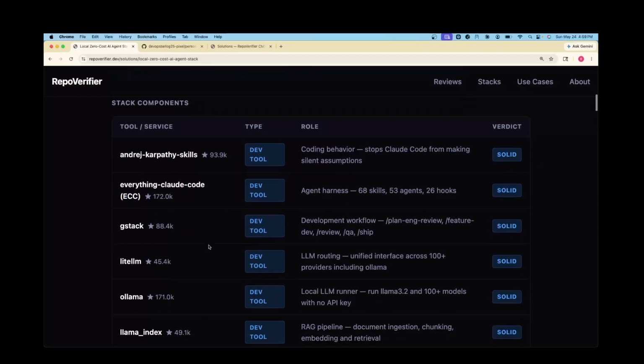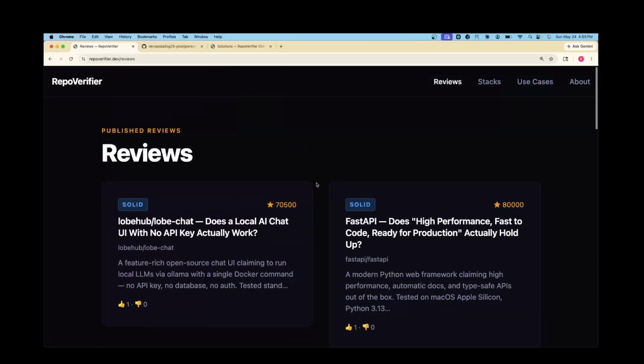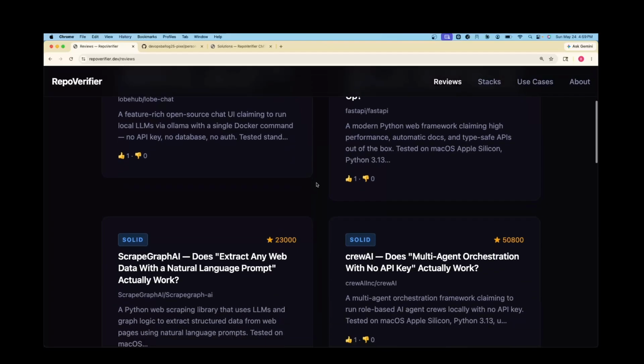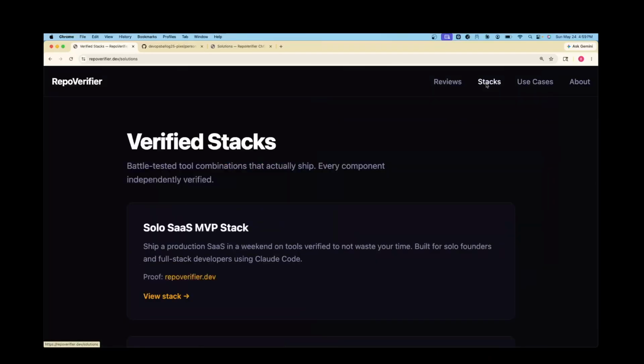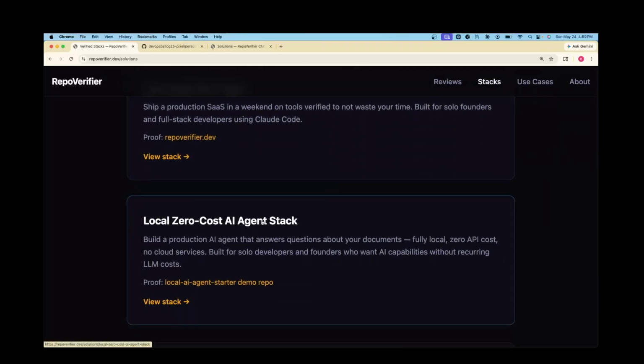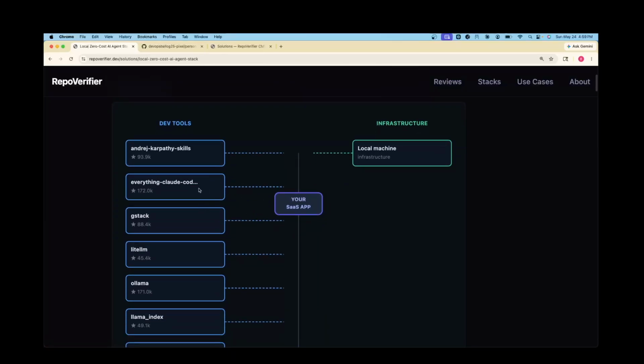All are reviewed independently, and the reviews are part of my reviews tab, where you can see the reviews of every single repo, and then I built the solution using the repos.